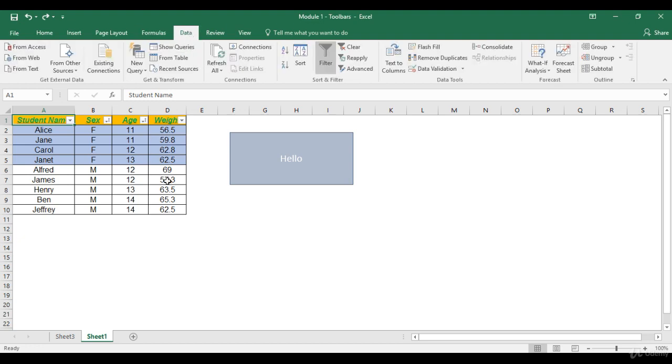Moving on to data. This particular group is used when we want to import data from other sources. So we can import data in an Excel file, from a text file, from an MS Access database. Then there are some options like filters and sorts, which are similar to what we had come across in the first section, that is the home group. There are some options like what-if analysis, forecast sheet, data validation, which we would be covering in the advanced Excel module. Now let's look at remove duplicates.